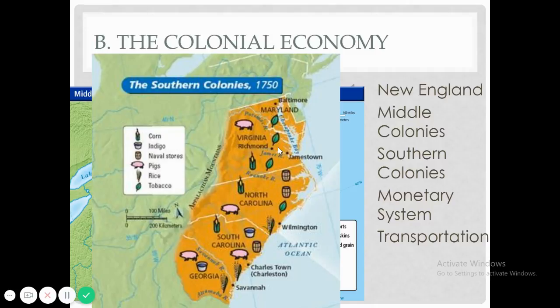The products that they made were mainly tobacco in the Chesapeake and North Carolina, timber and naval stores in the Carolinas, and naval stores would be like tar and pitch, rice and indigo in South Carolina and Georgia. And most of these plantations were located on water. They were located on rivers, so you could ship exports directly to Europe. Now, this actually meant that there were fewer big cities in the South than there were in the North because of that.